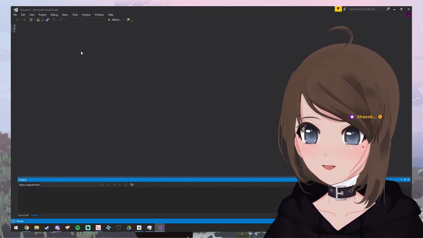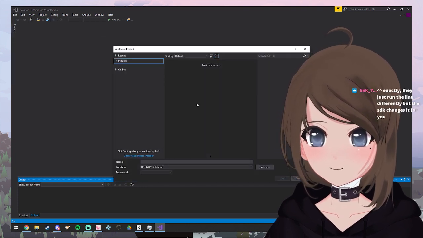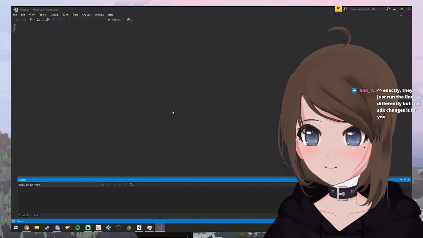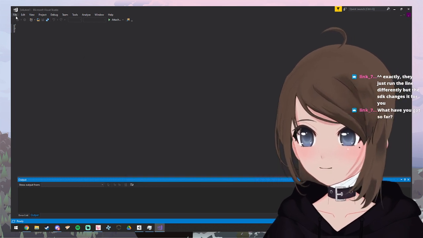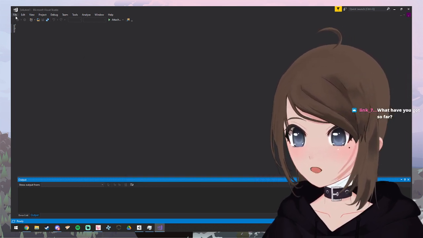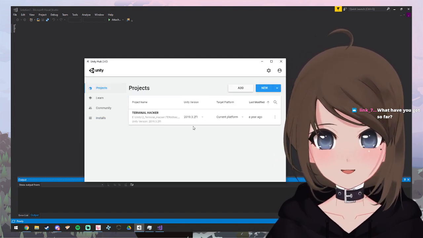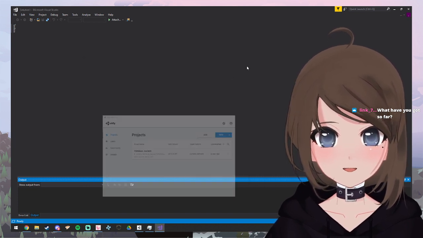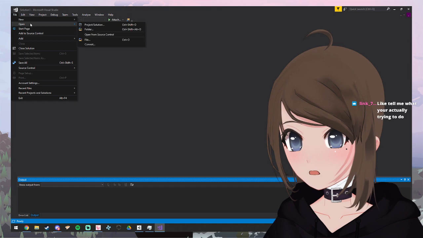Thank you for the cookie. Still not installed. What have I got so far? A blank Visual C++ and a Unity that doesn't install. And then I guess these, which is old stuff that doesn't work anymore, I guess. I haven't got very far at all. I was hoping this would install quicker so I could get started.